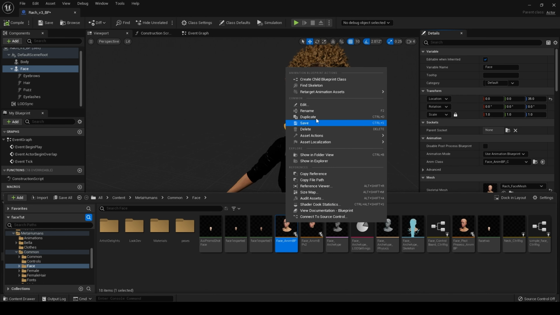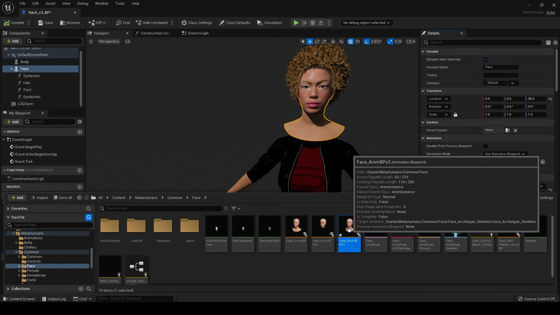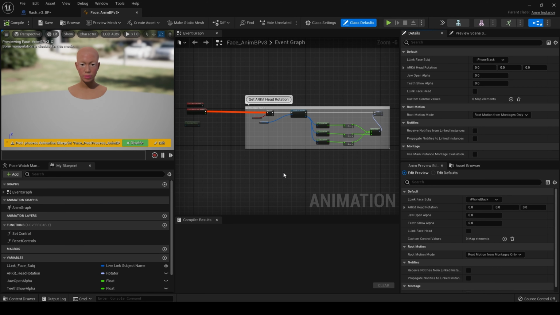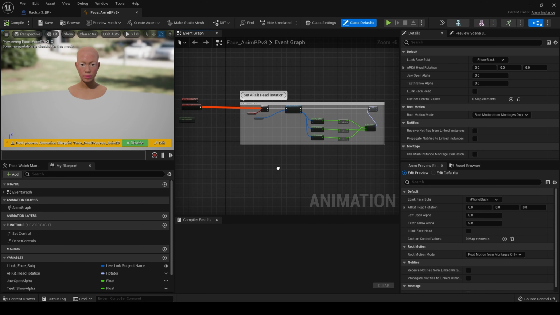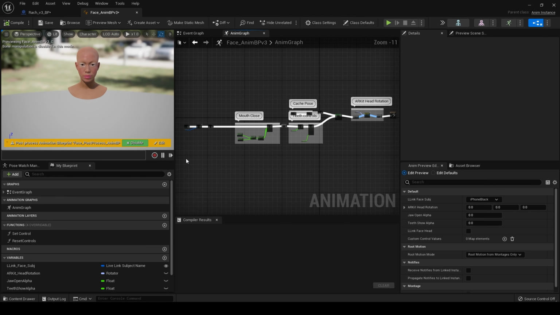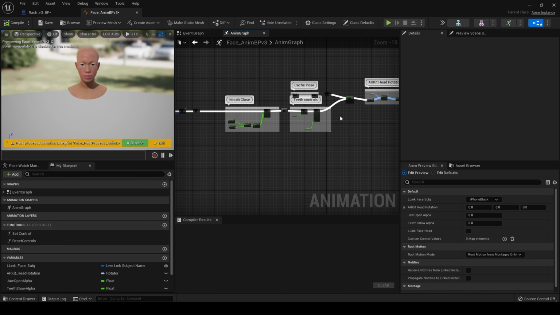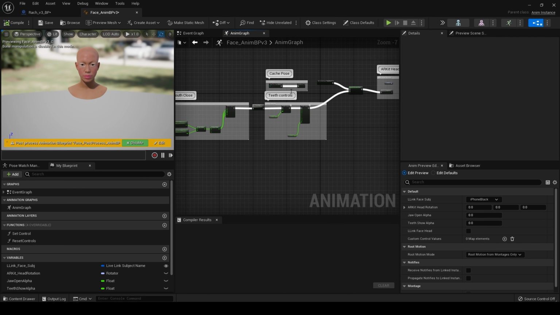I have one already because obviously I've had a practice run. Duplicate, and we want to name this version 3 because this is the third time I've done it. And double click and open that up. What we next need to do is we can leave all this in place, go over to our anim graph and open that up, and go to zoom in and go to cache pose here.